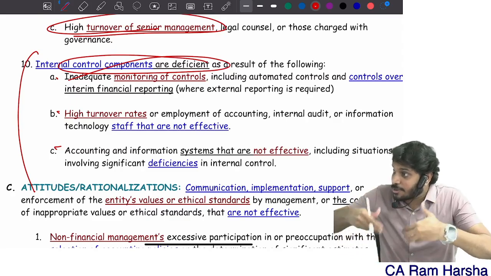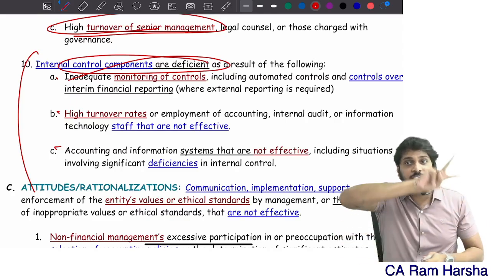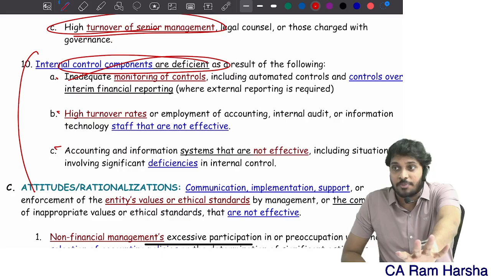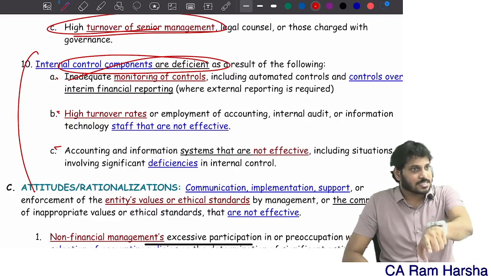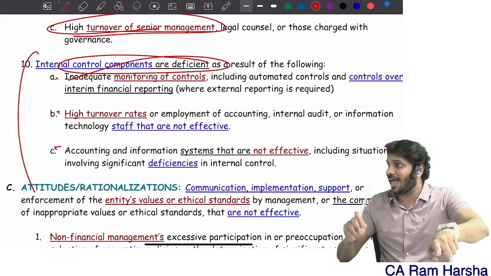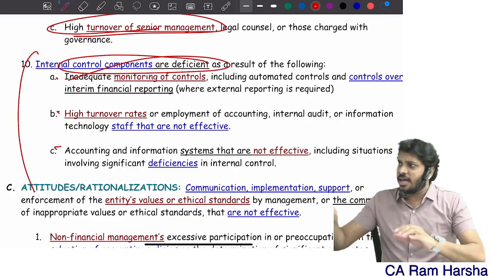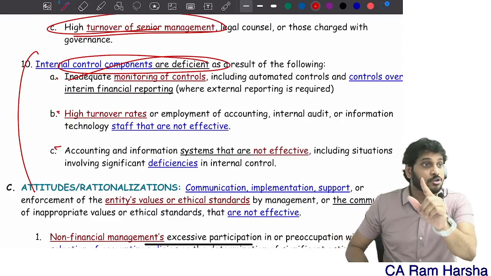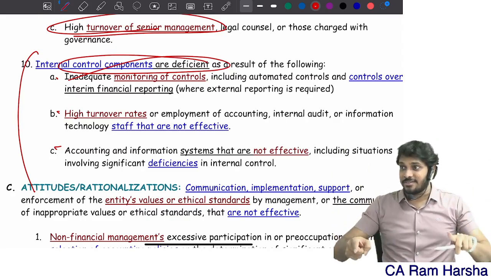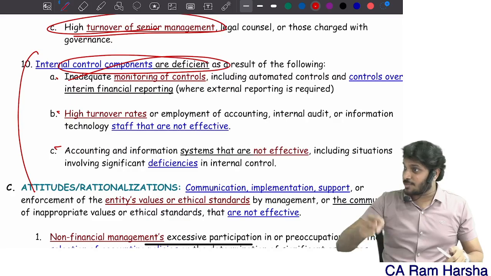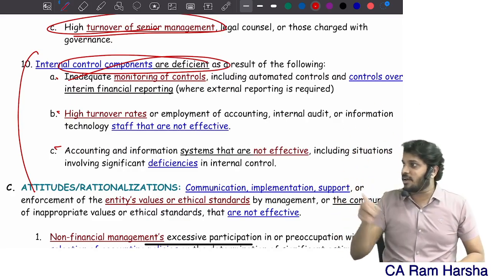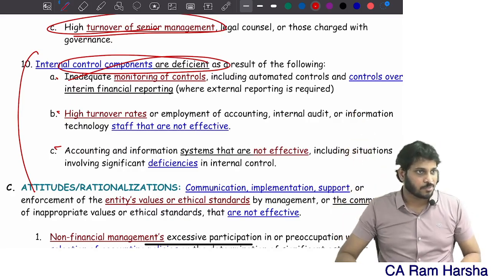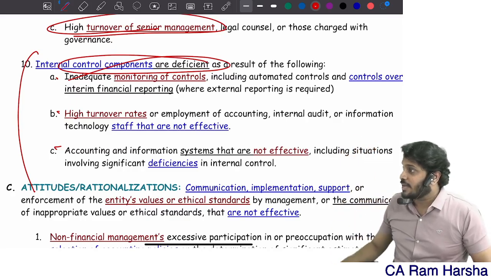Now, these information systems are generally developed based on risks identified. What is a risk in running a college? A student who has not paid the fee but is attending the class, that's a risk. For that, they will implement some control activities. Getting it? As soon as you enter, checking whether you registered or not, whether you have an ID card or not. This is a control activity. Whether all these control activities, systems, risk assessment, and control environment are properly working or not, there is a monitoring department, an internal audit department, that's the monitoring activity. Are you getting it? These are the 5 components of internal control.